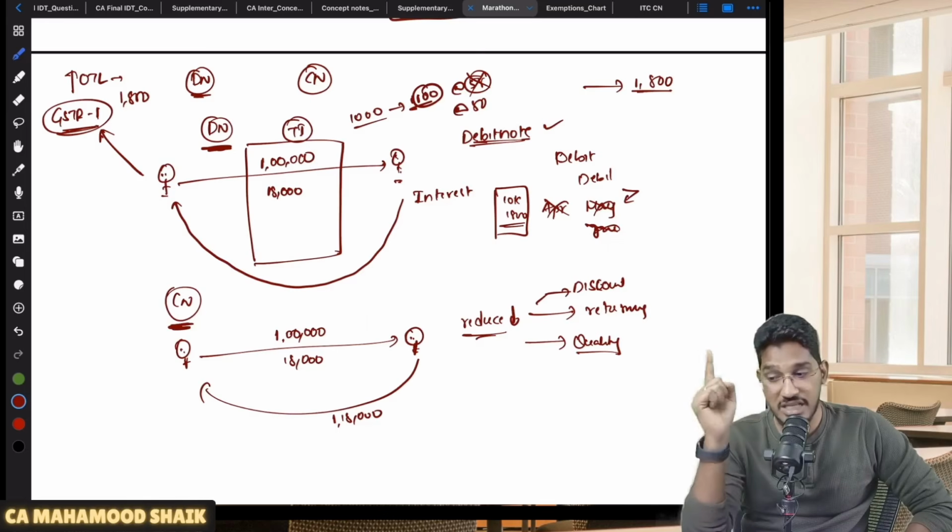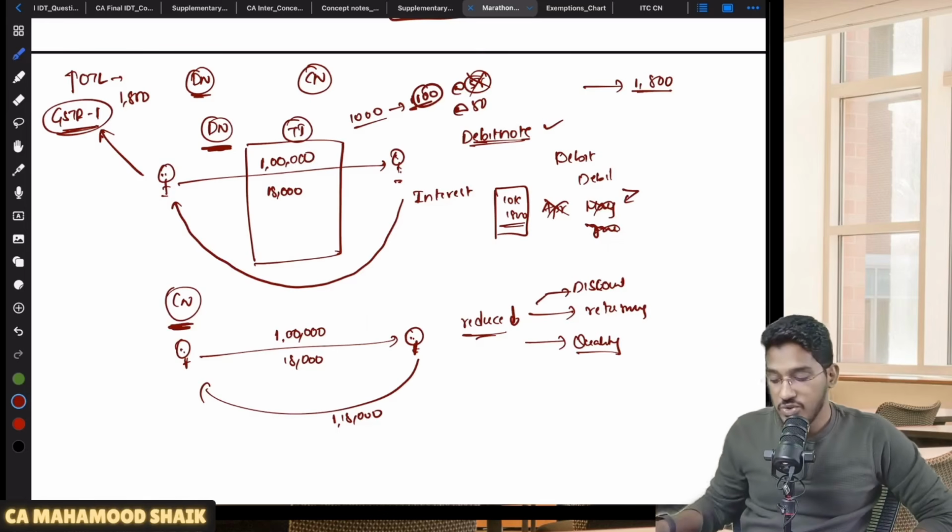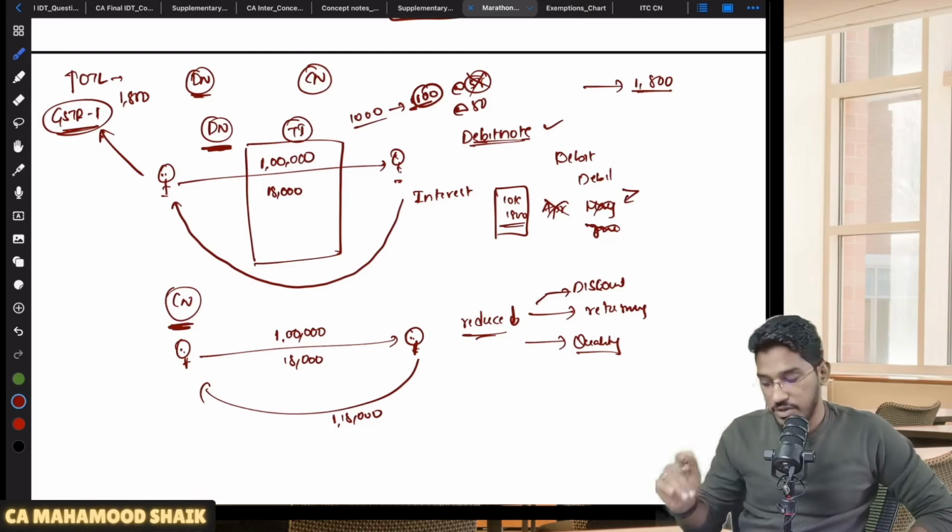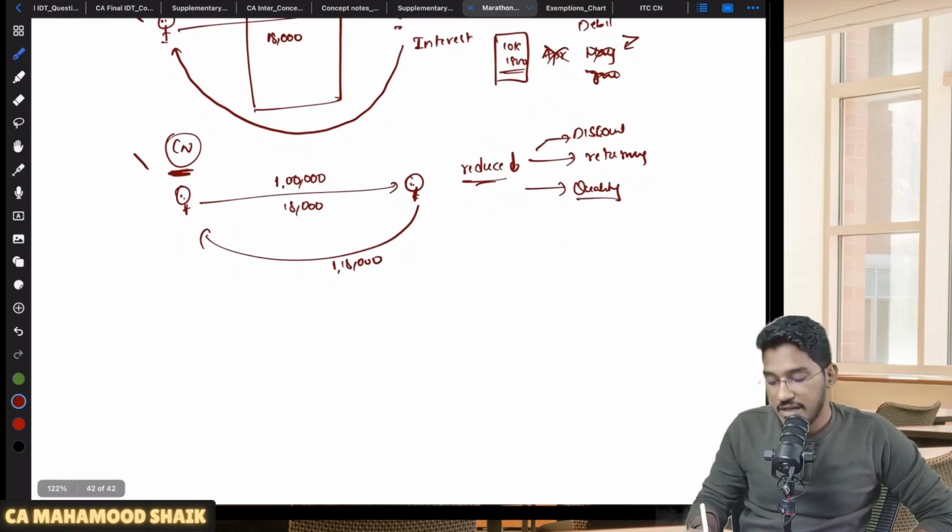For that 10 years, they will charge you interest also. So there is no time limit for declaration of debit note. Now, when you declare a credit note,